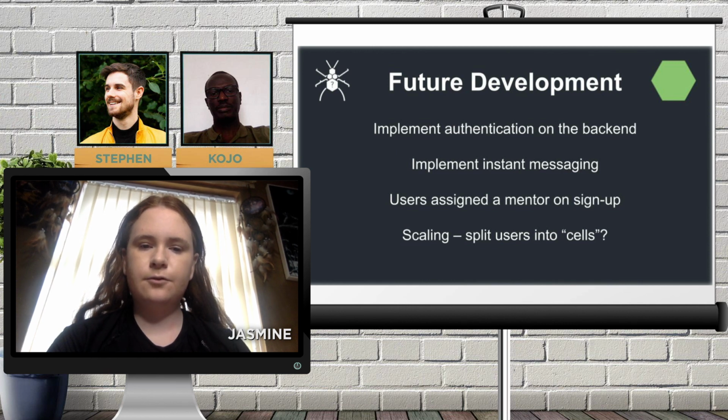To further improve the site, we would also add the functionality that allows users to be assigned a mentor when they first sign up. As the site scales, we would implement a system to split up groups of mentors and users into location-based cells. This is to help keep the sense of community and retain the original appeal of the